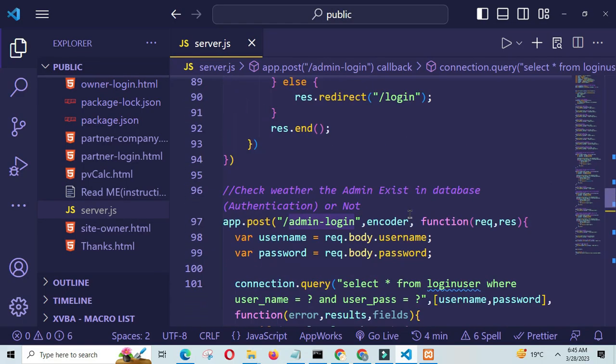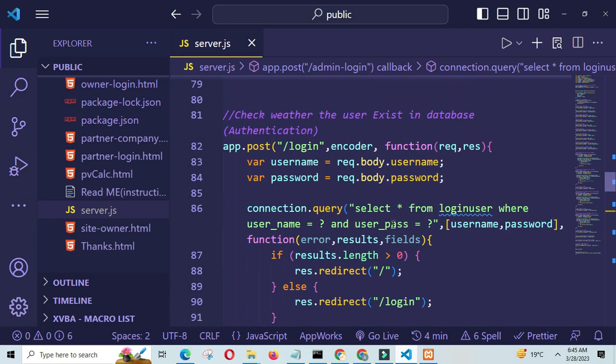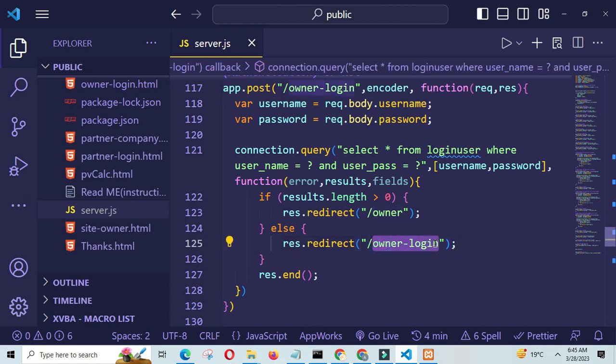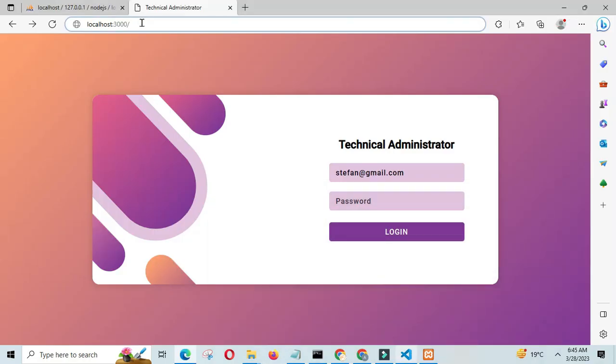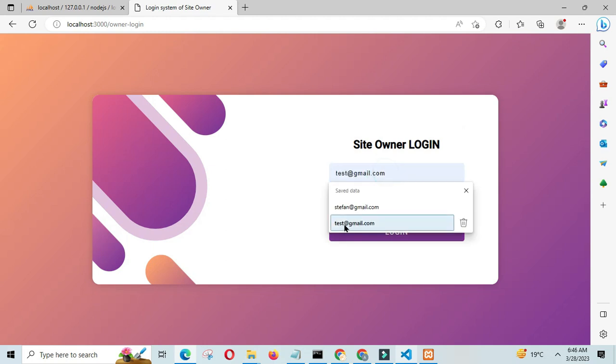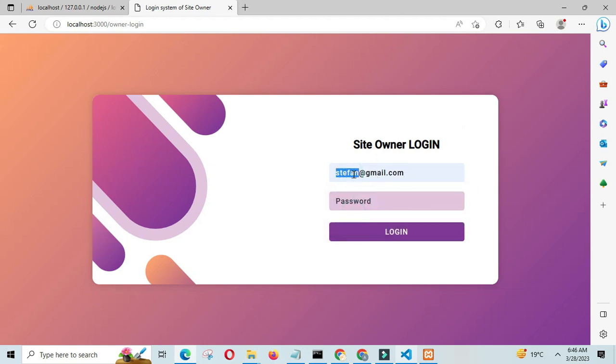You mentioned in the requirements that there should be an owner's login page. You have to hit the /owner-login endpoint, and there will be a login page for the owners. This is as sensitive as the technical administrator's login page. If we enter stephen@gmail.com without a password, it will not navigate us to the dashboard page. If we type stephen@gmail.com and then Stephen and press the login button,